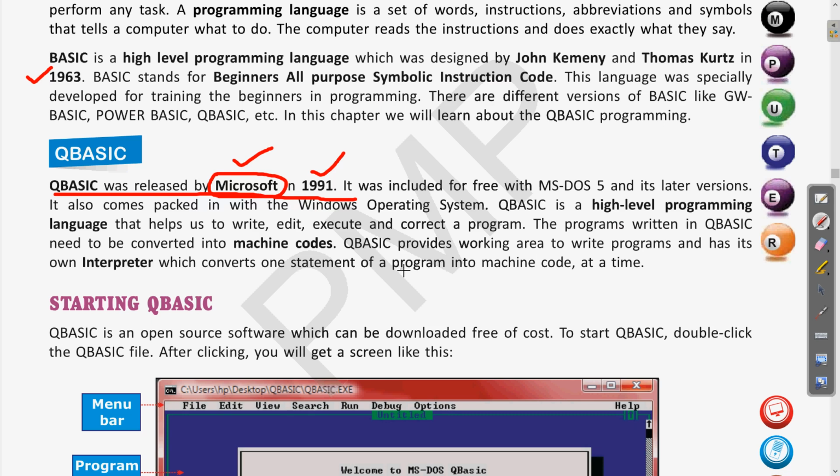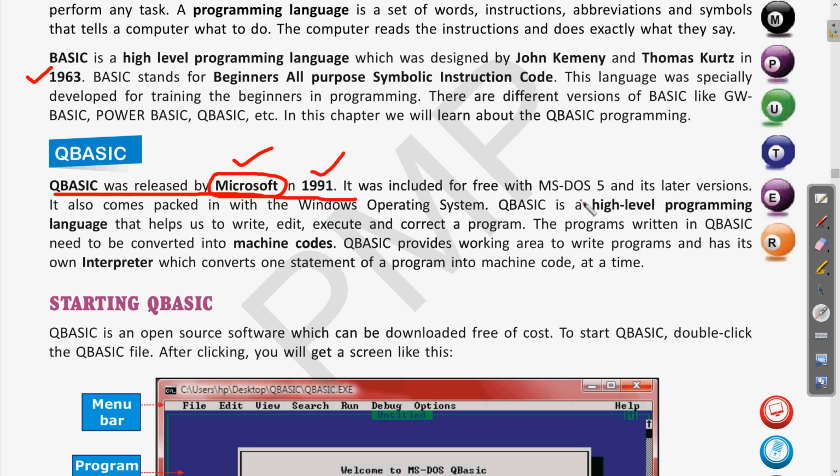Clear? Most of the software which we use is developed by Microsoft. Now QBasic was included for free with MS-DOS 5 and its later versions.